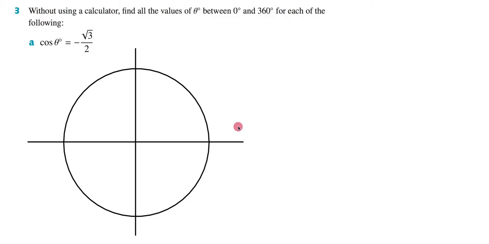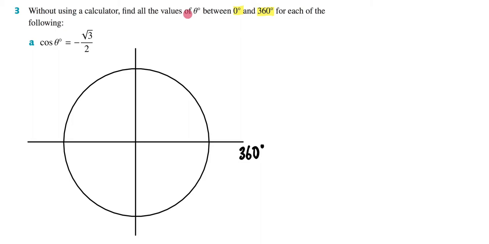Alright, so we are up to question 3 of exercise 14H, and it is asking us to, without using a calculator, find the values of theta degrees between 0 degrees and 360 degrees for each of the following. So immediately when I see degrees, I get disappointed because I'm just so used to working in radians. But I know that 360 degrees is just going to be 2 pi, or just going right around my unit